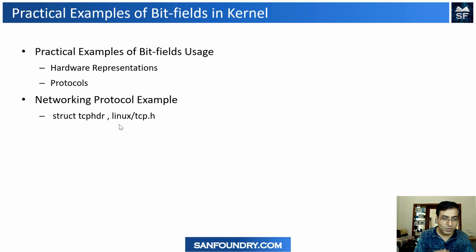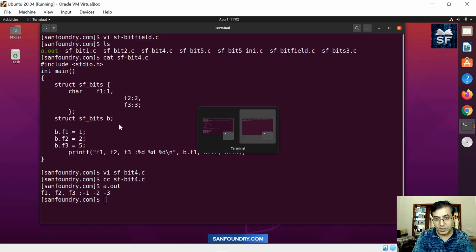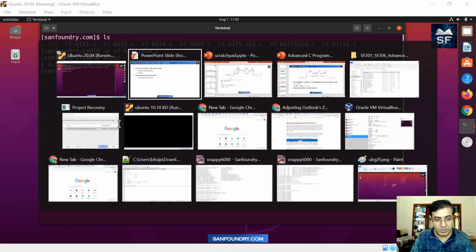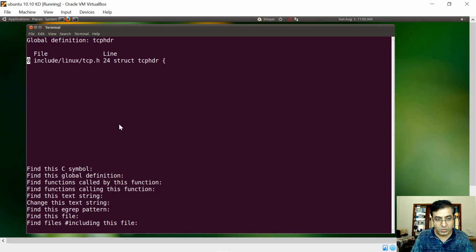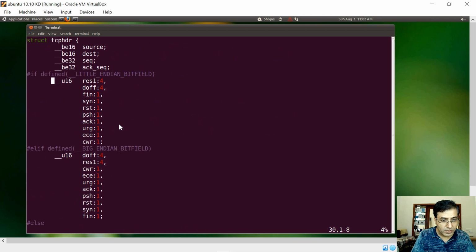Okay, so let's go into struct tcphdr in the Linux tcp.h. We'll go into one machine where we have the source code. Already I have opened it up. So this is the TCP header. When you look into the TCP header, it is very interesting to see that you are seeing so many bit fields here. These examples are very interesting. You can see that they are also using a reserved field, res1, like we designed in our code. So 4 bits are reserved in the TCP header for a requirement.